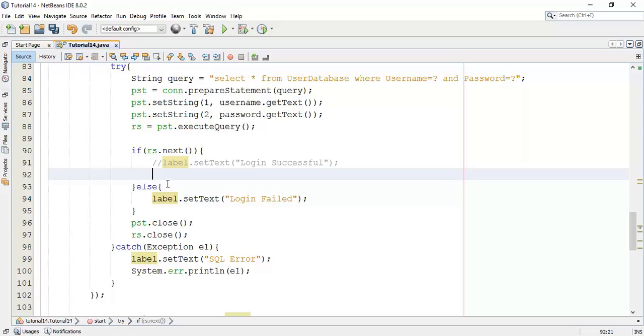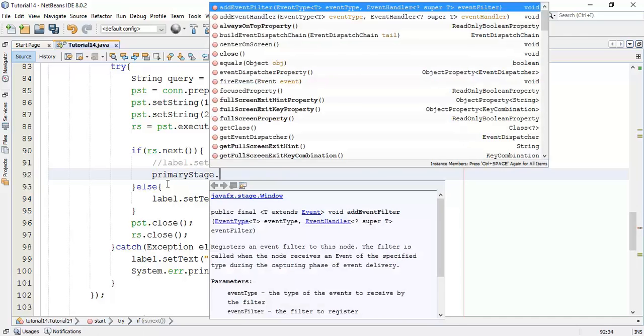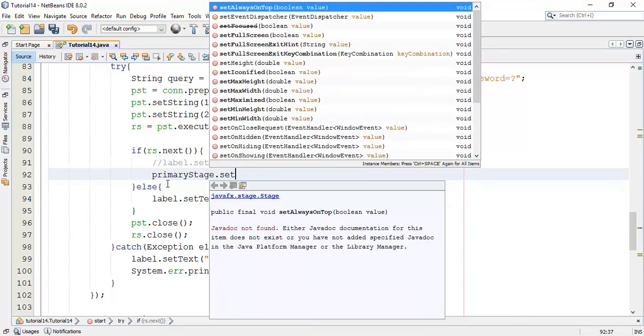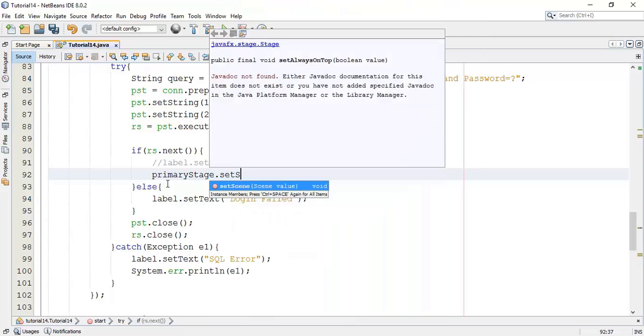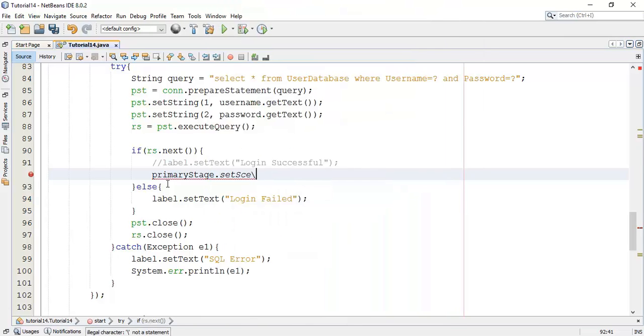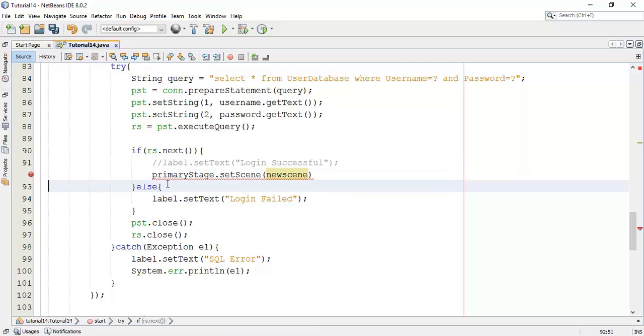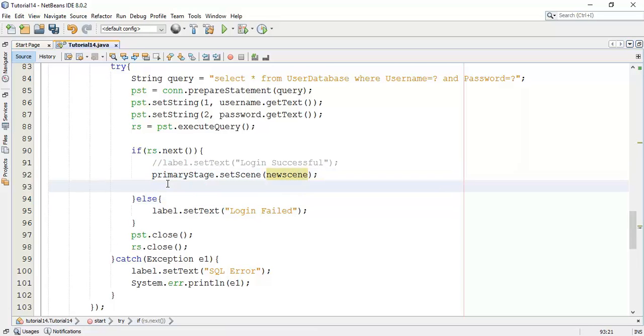So primaryStage dot set scene. When the login credential is true, or it is successful, it's going to open a new scene. So the new scene we have created, newScene, semicolon, and open the new scene.